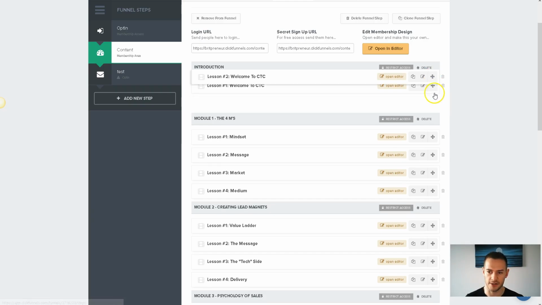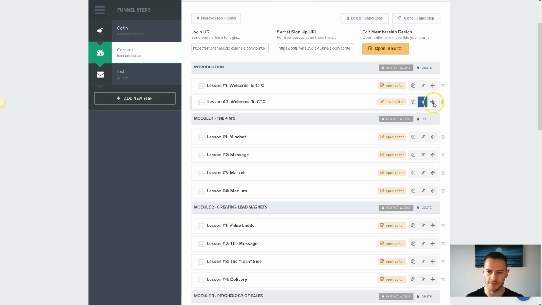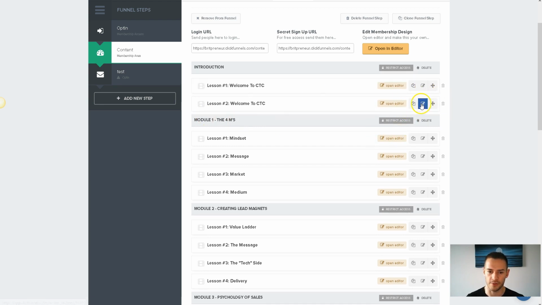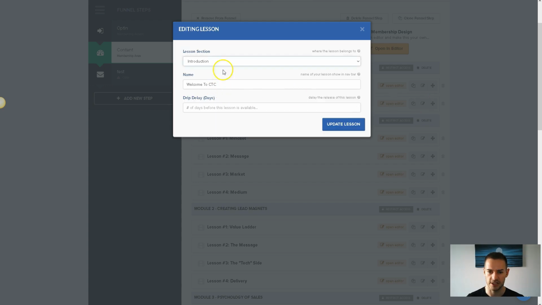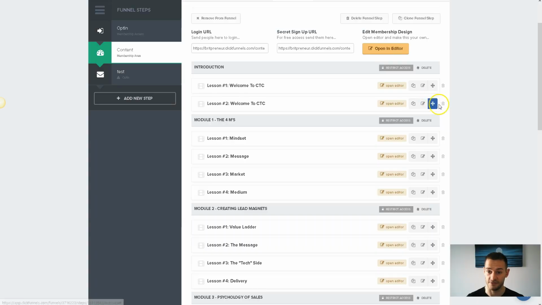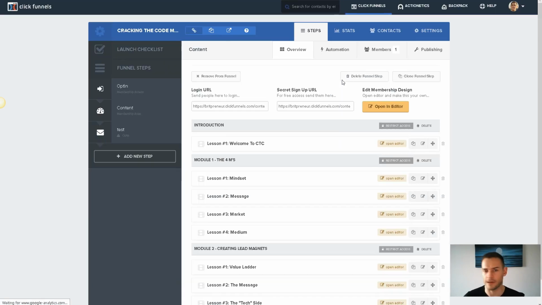But you can reorder all this stuff here, move things about. If you want this to go into a different module, just hit the edit button, and then you can obviously move it as you see fit. So once you get the hang of it, it'll be really easy to just have a play with it and get familiar with it. It took me about, I'd say, 10-15 minutes of just literally playing around